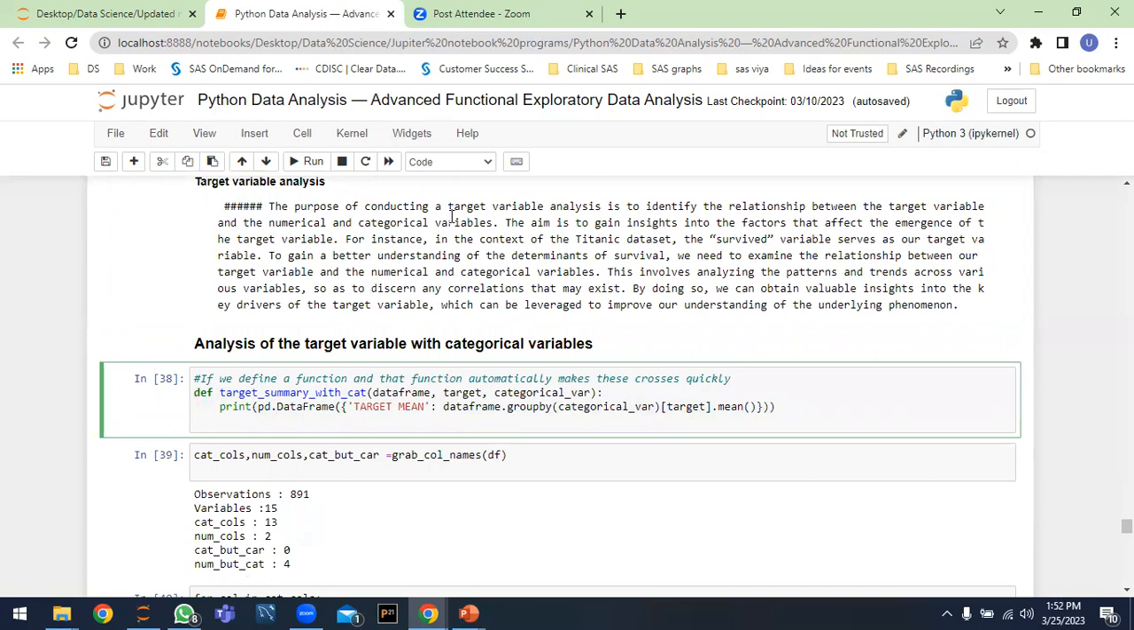The purpose of conducting the target variable analysis mainly is to identify the relationship between the target variable and the numerical and categorical variables. What is my target variable, and the numerical and categorical variables? I want to find out the relationship. That is my main goal when it comes to exploratory data analysis. So the main aim is to gain insight into the factors that affect the target variable. In the context of the Titanic data set, the survived variable serves as our target variable. How many people have survived in that Titanic